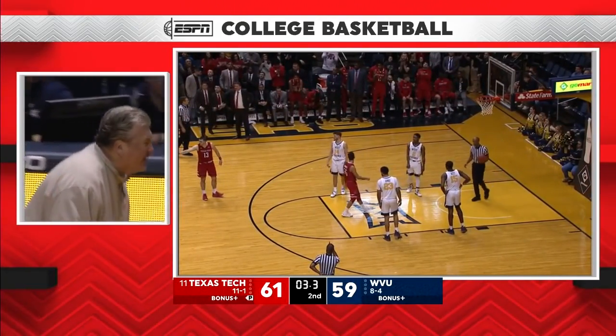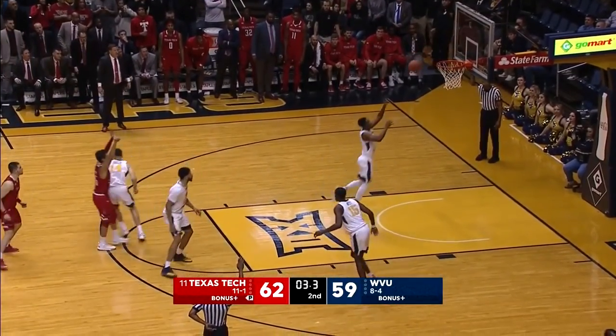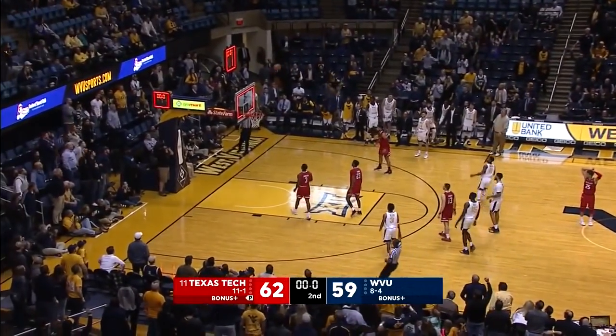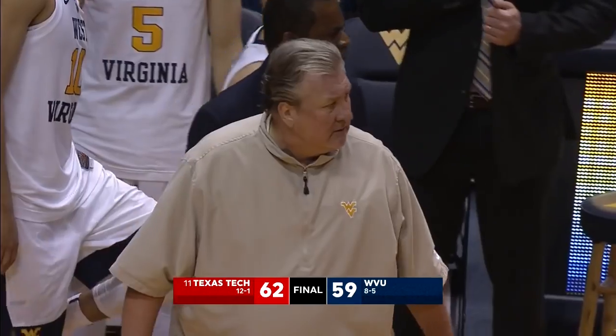And that is excellent coaching by Bob Huggins. They knew exactly what Texas Tech was going to run. And on the basketball, he wasn't going to present any problems, and he got off the ball, and he was solely in there to that charge, but they didn't get it. Here comes the look for the 3. Game over. Texas Tech escapes with their first